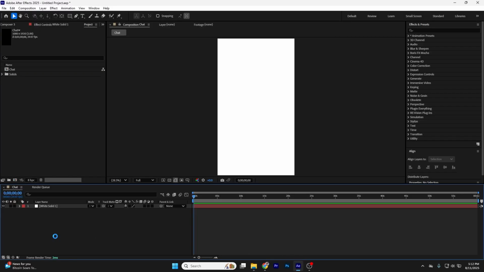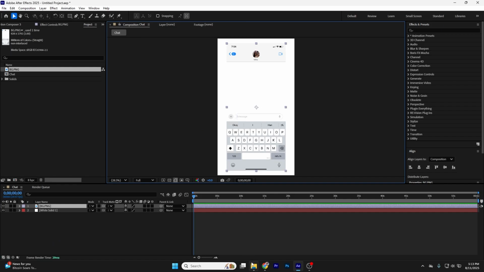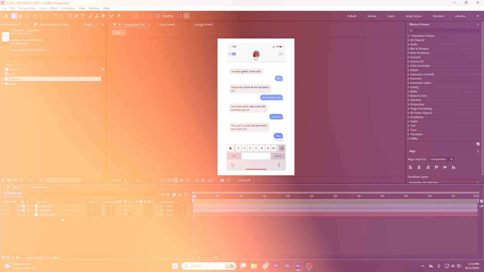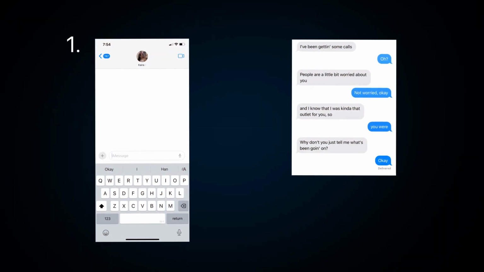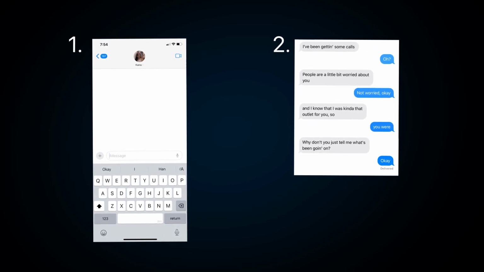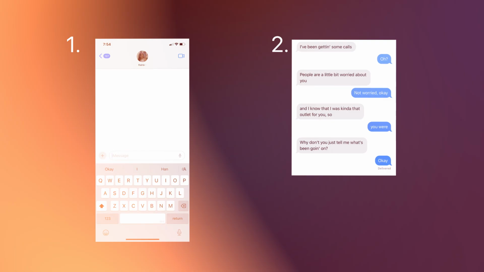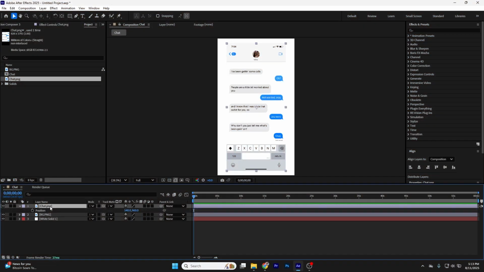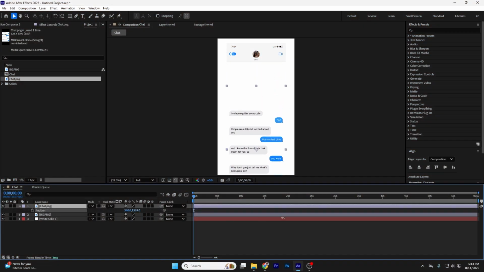Now I am gonna bring in a screenshot. I have got two screenshots here. One is just an empty chat background, and the other one has the actual chat message that I want to animate. So, I am going to position my chats like this so that when we animate them, they come up